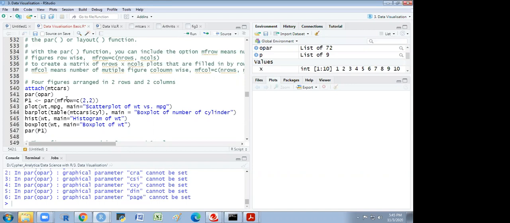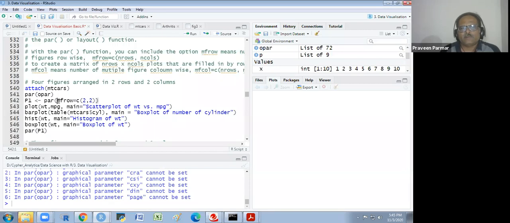And now I am taking mfrow, so 2 by 2, no? Multiple figures row-wise. So it is my p1. Then I will remove it at the last. So I have taken an object name of this. Otherwise, I could use par mfrow c(1,1). Then it will be default.